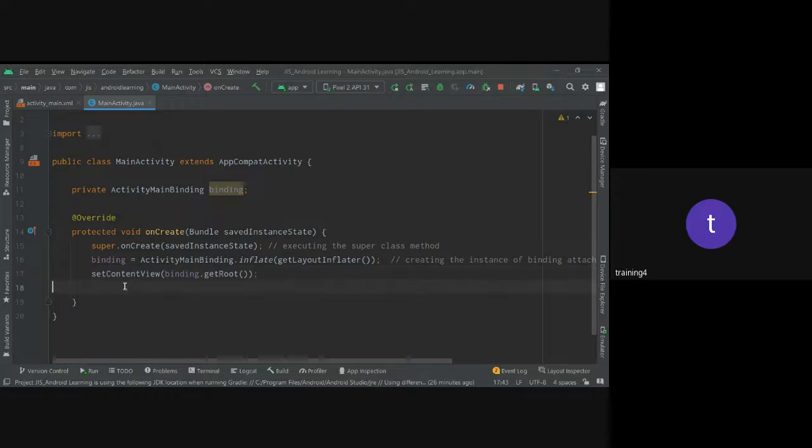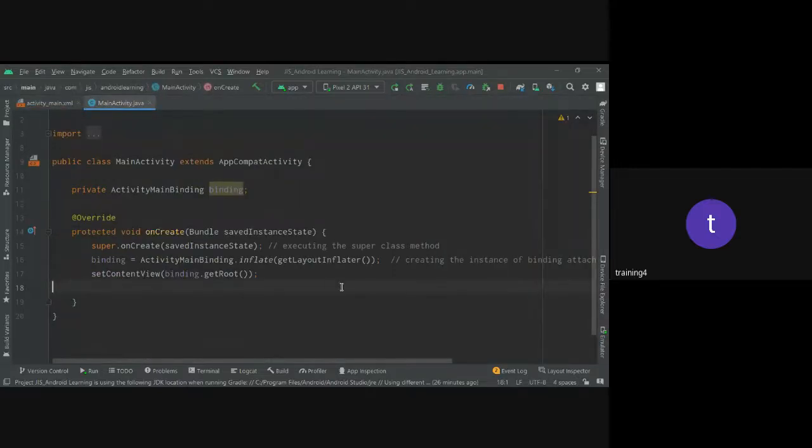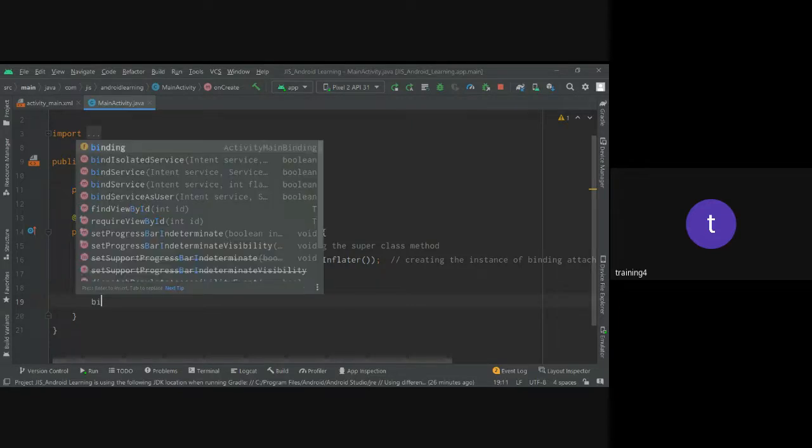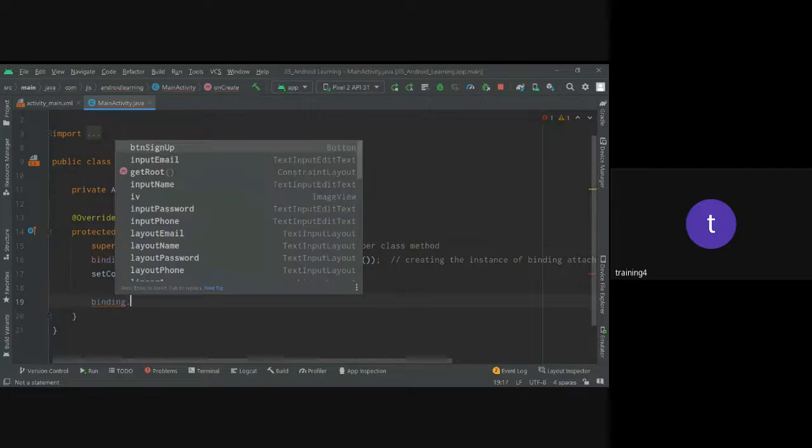Okay. Now the next. So basically we want to generate an event against this button. So for generating an event against this button, what do we require? We require an action to be taken. So for taking the action against the button, I'm getting the access of that button via the binding variable or the binding object. This is basically the object variable of the class binding. So binding dot, now what was the